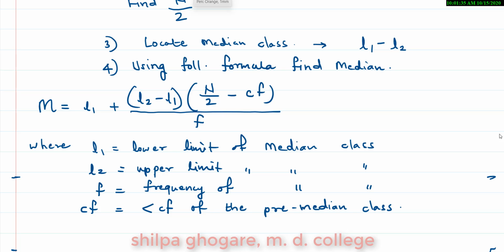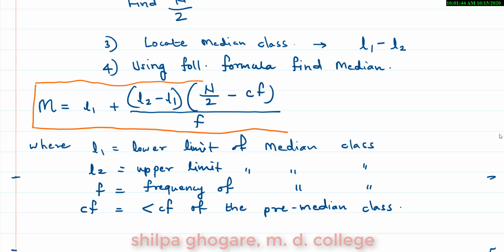Let me highlight the formula of median. This is a very important formula. Remember, there are some concepts called quartiles, percentiles, and deciles, which are very useful in practical life. Those concepts will be understood by you very fast once you understand the formula for median. They go along similar lines. So please remember this formula and understand it properly. Okay, let us see the illustration now.